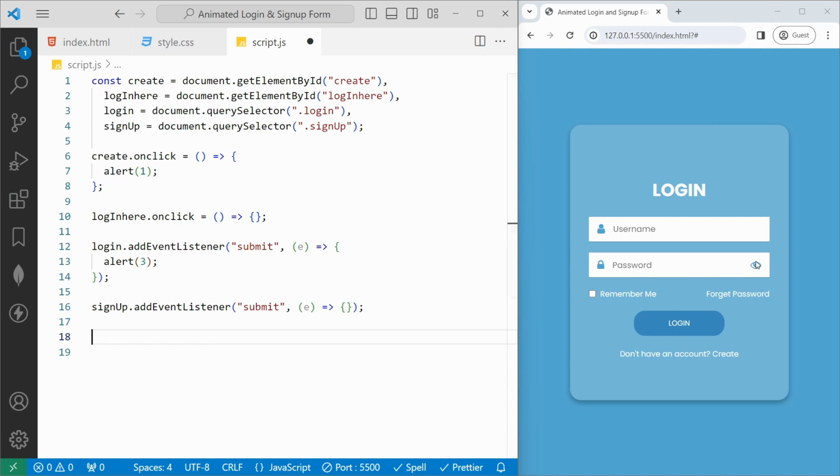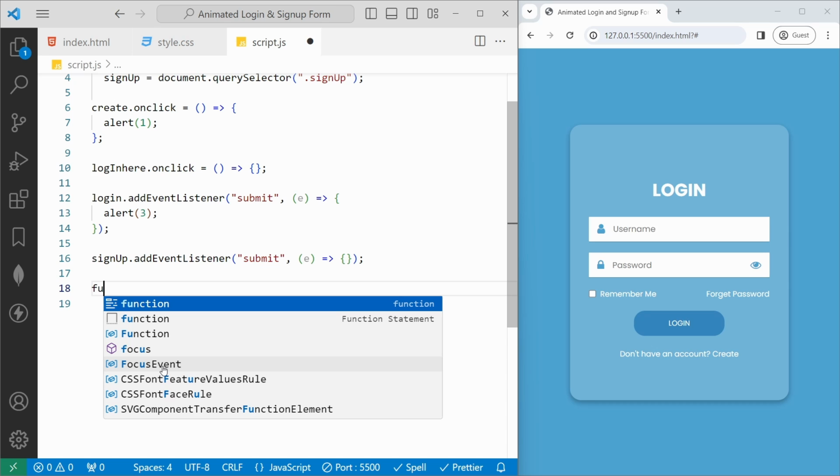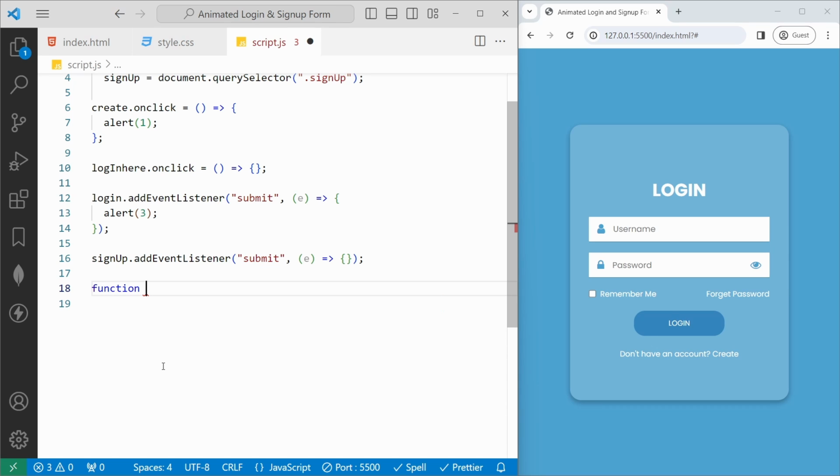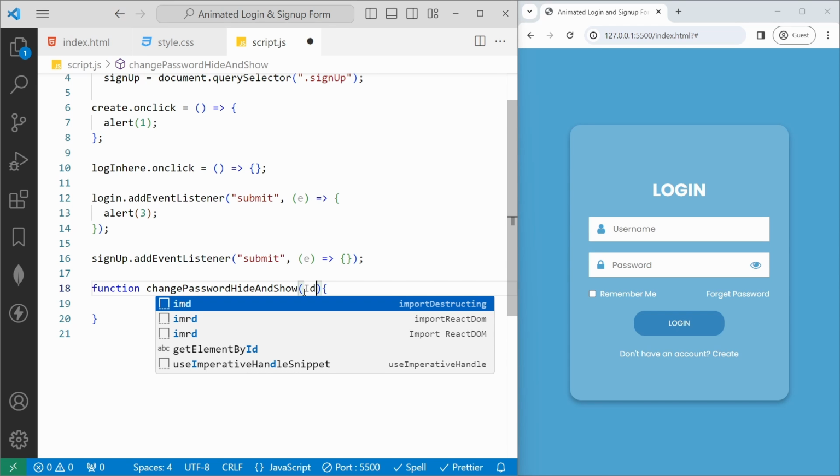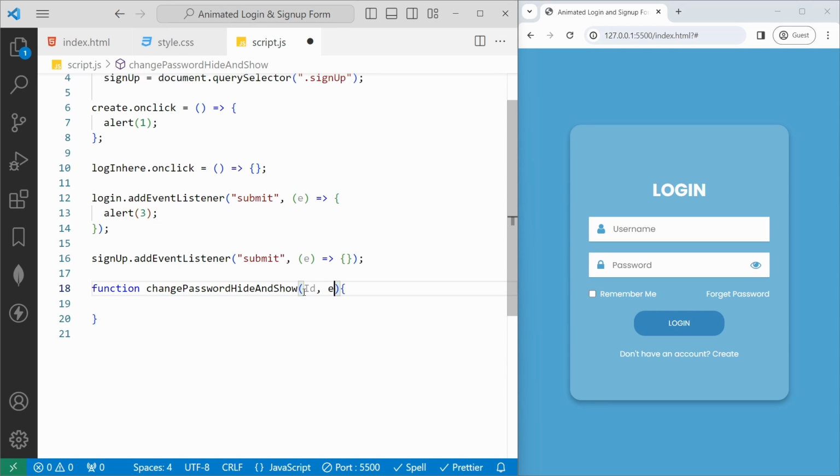And then we'll add the functionality to show and hide the password. So for that, we'll add a function with the help of the function keyword, with the function name change password hide and show. Inside this function, we are going to hide and show this password. As I mentioned in the demo, we need to do this show and hide in a single liner. So for that, I need to pass the ID of each element and then, with the help of the object,